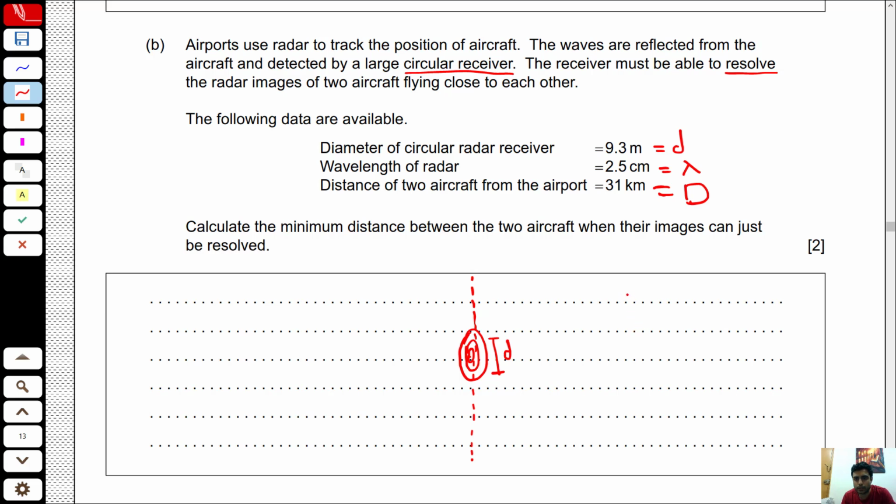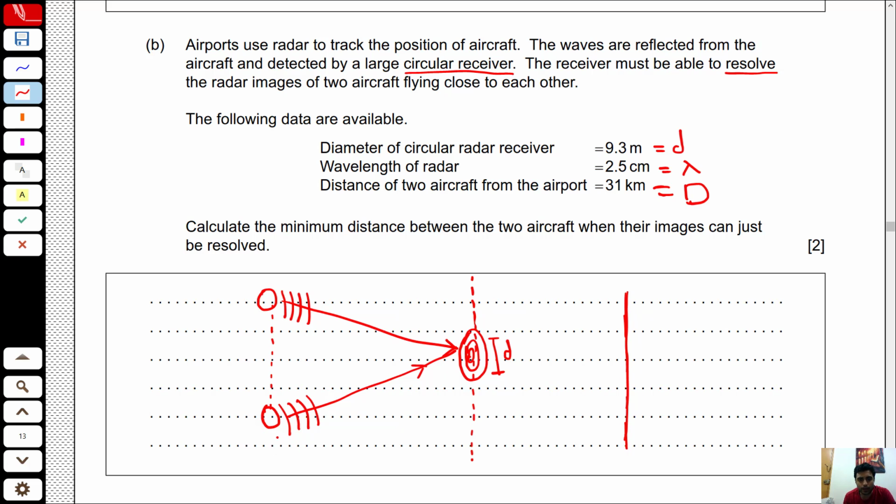and this is the back side of the screen. So this is the screen here, and we have two aircraft. One aircraft is there, another aircraft is there, and both aircraft are producing some light, and these lights are incident on the aperture. So this is the aperture, like a lens. For example, the pupil of our eye is an aperture, a dish is an aperture. Okay, and there's a distance between them